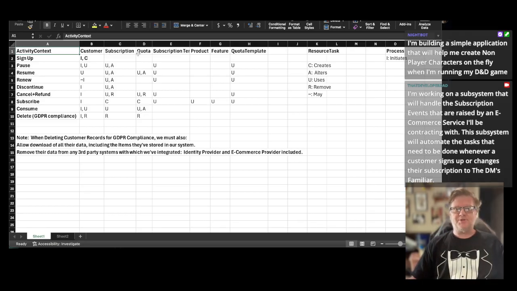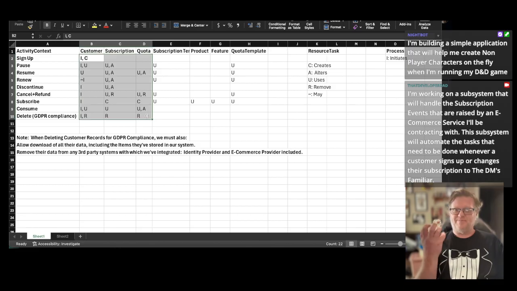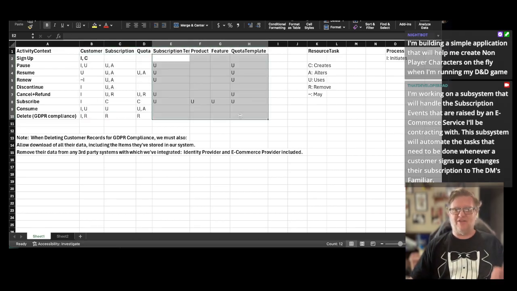The customer subscription and quota data is going to be subject to a lot of change over time. This is sort of actual business data. This is more support stuff. We're still going to have to treat it as data, but it's got a slightly different purpose in the context